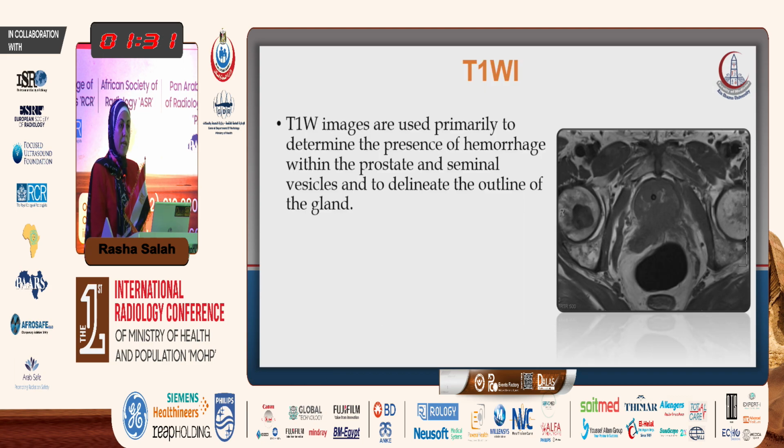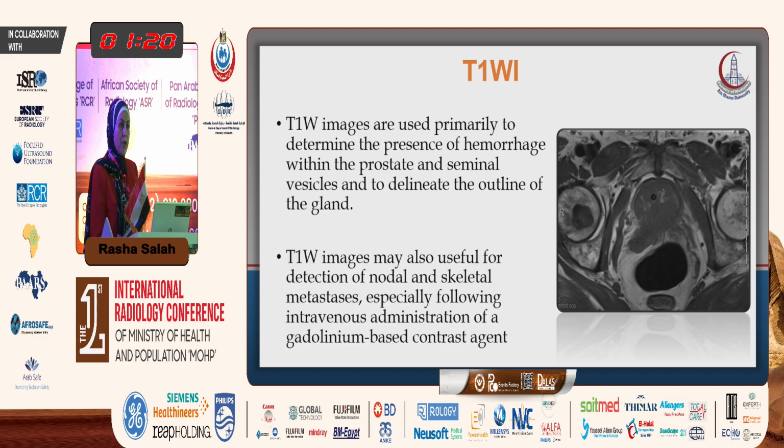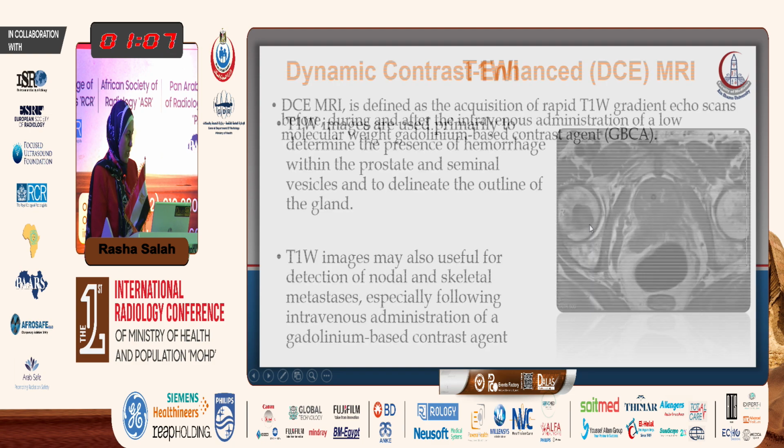The T1 weighted image should be performed when imaging the prostate to allow us to evaluate any hemorrhagic content if the patient has had a prior biopsy. It is also very helpful in the evaluation of lymph nodes and bone metastasis. As we can see in this patient, there are hemorrhagic components from a previous biopsy, and we can also see marrow infiltration at the right femoral head.